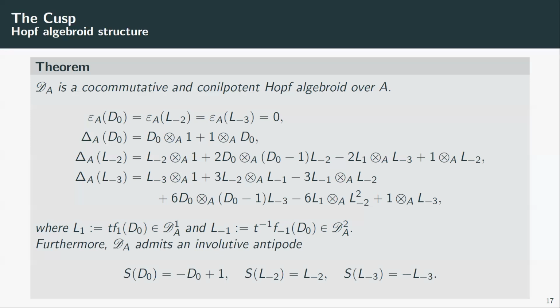So now let me mention what is interesting about this Hopf algebroid with respect to conilpotency. As I've said before, it is conilpotent, even though it is not generated by primitive elements. And we also have that the primitive filtration is not a coalgebra filtration. If it were a coalgebra filtration, then I would have that